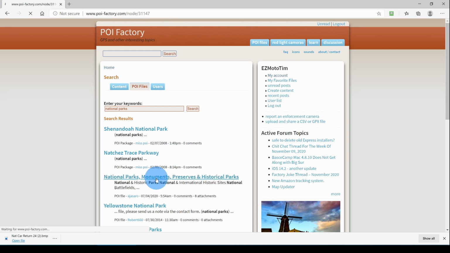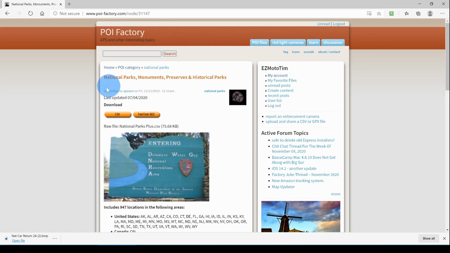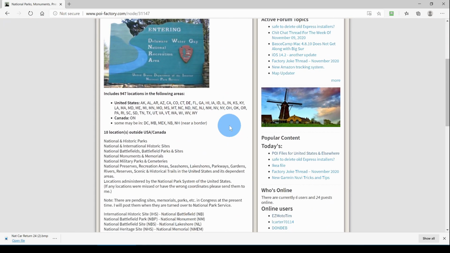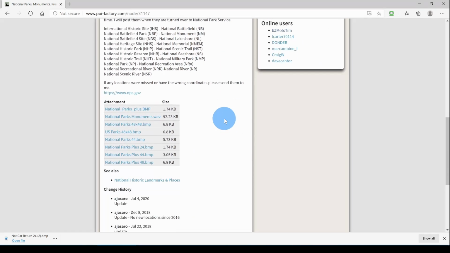Here's the one we had before. The POI files are available in CSV and TomTom OV2 formats. If we scroll down, we see in the attachments a lot of options for bitmap files. And let's pick the 24 by 24, download it,